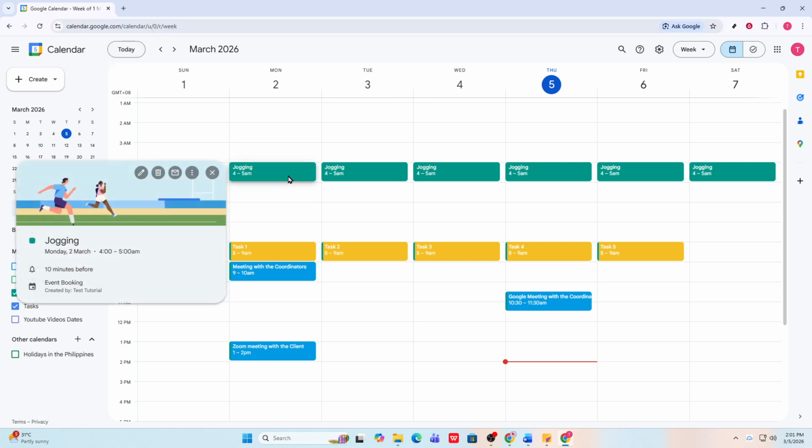You'll see a prompt with clear choices: delete only this event, delete this and all future events in the series, or delete all events in the series. For a complete cleanup, choose the option to remove all events. That instantly clears the entire series from your calendar, so you don't have to hunt down each repeated entry one